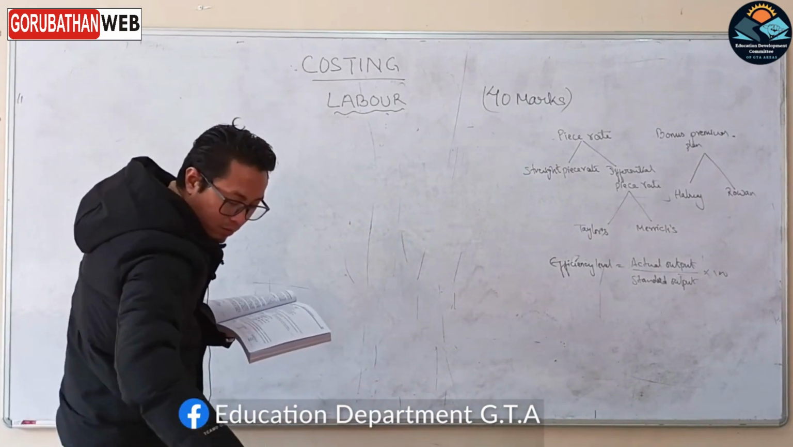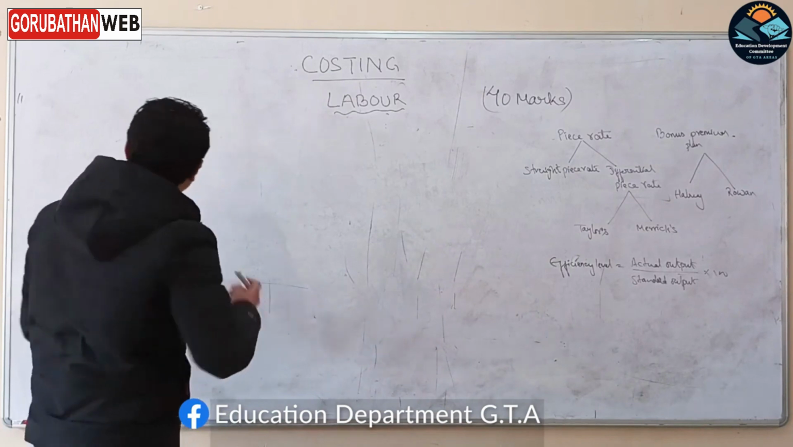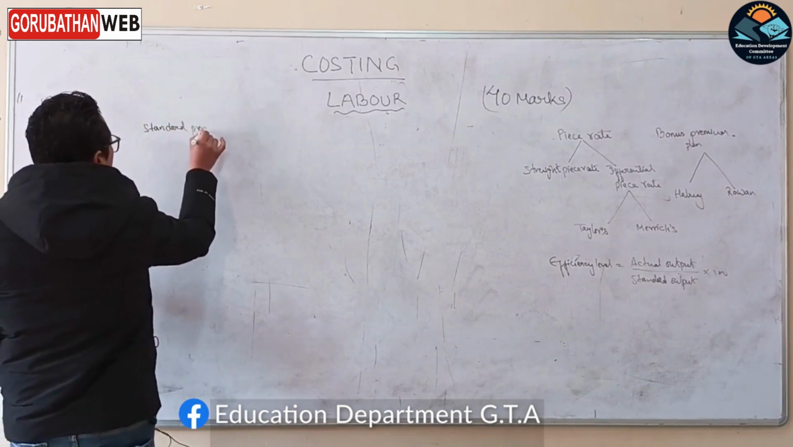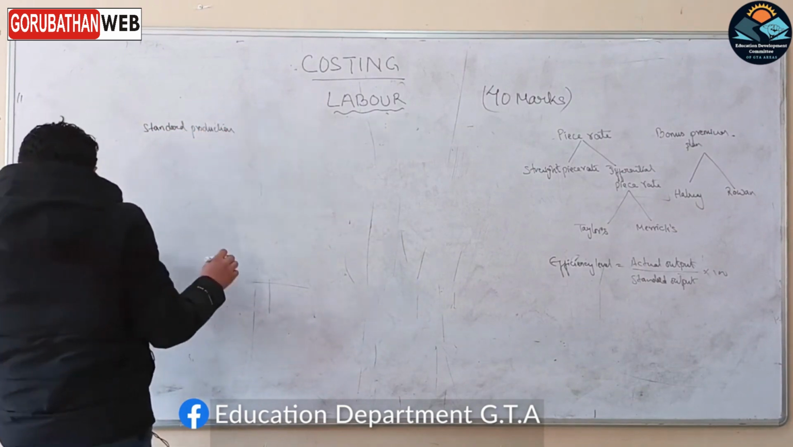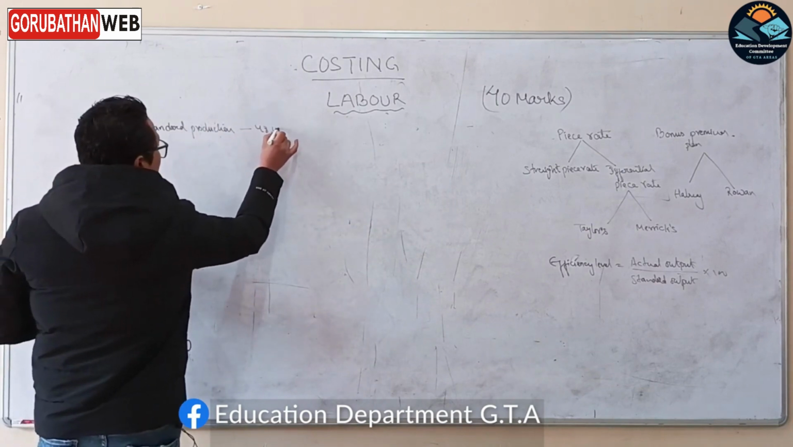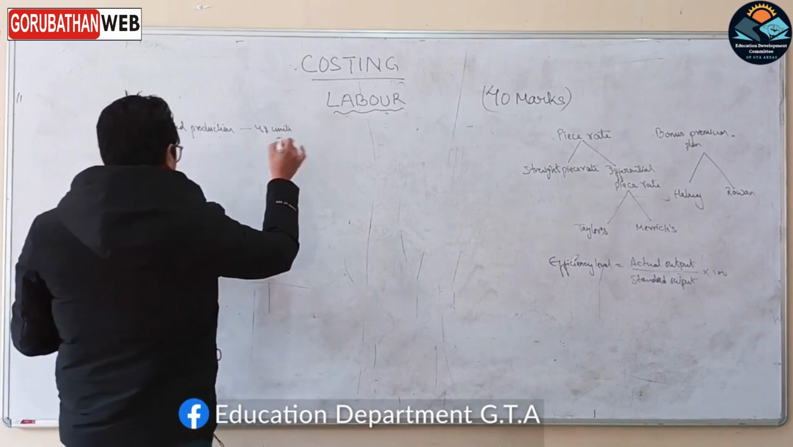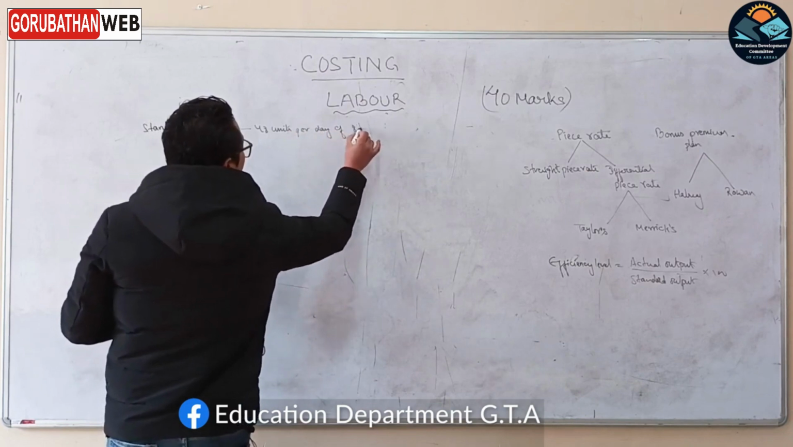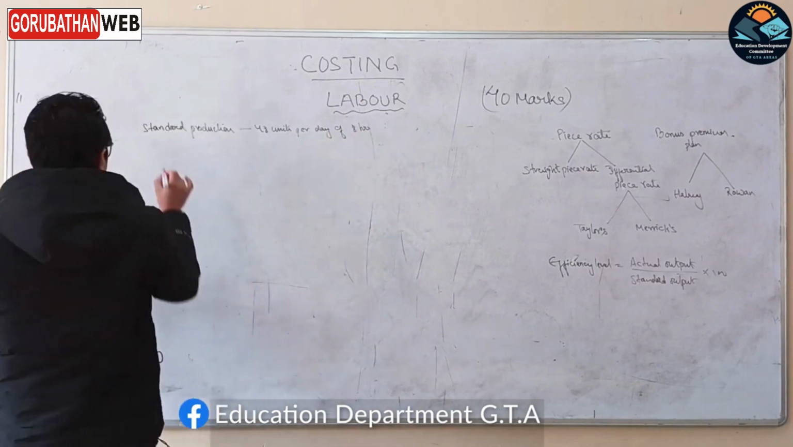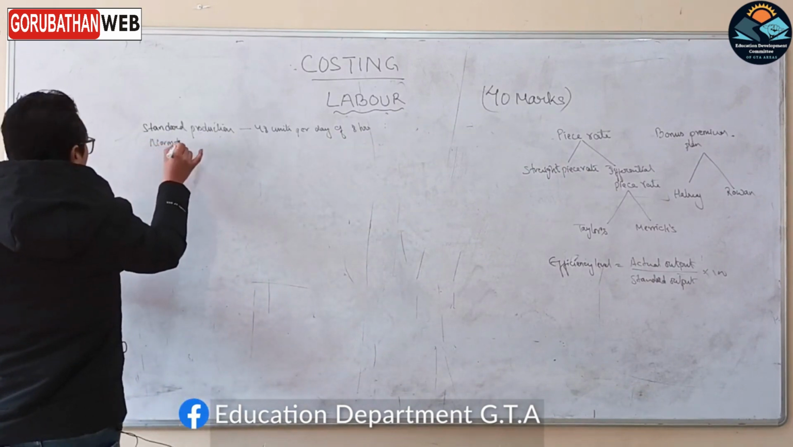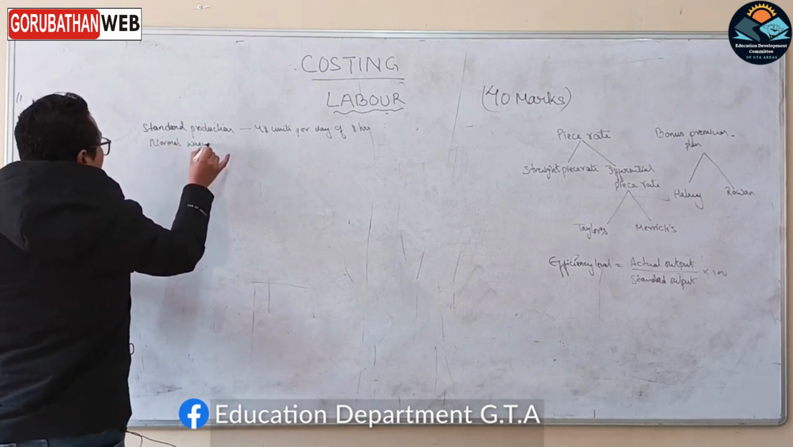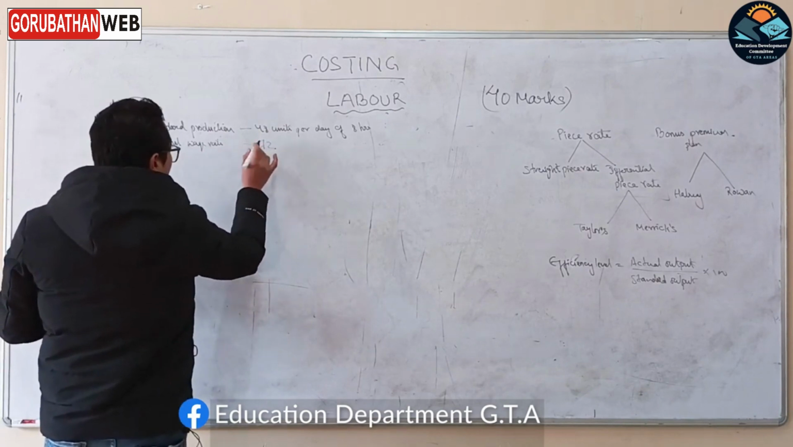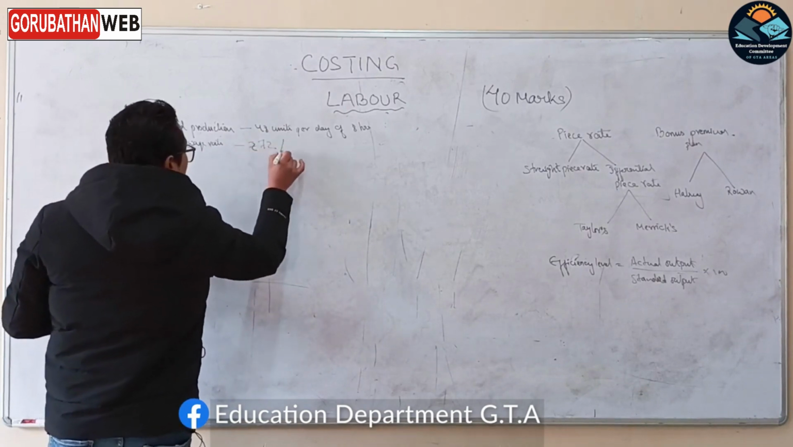स्ट्यान्डर्ड प्रोडक्सन दिएको छ 48 युनिट्स पर डे अफ 8 आवर्स भन्दैछ हामीलाई। नर्मल वेज रेट दिएको छ। नर्मल वेज रेट छ 72 रुपीस पर आवर।